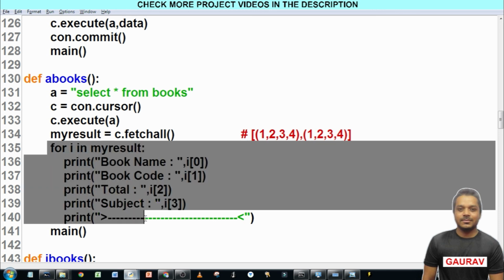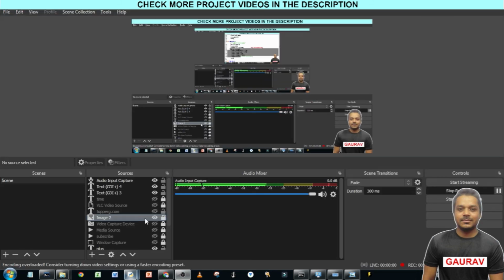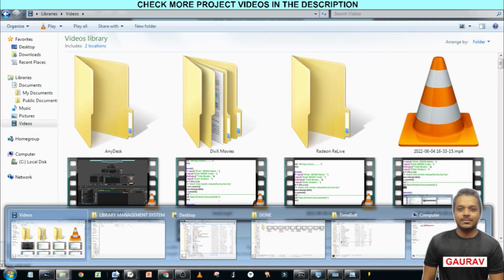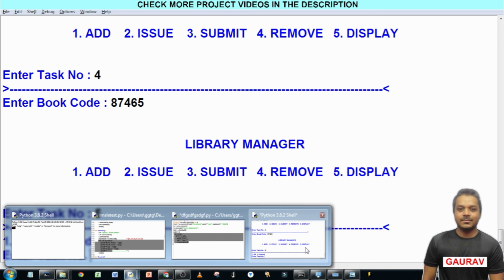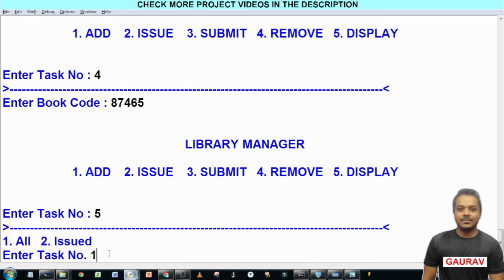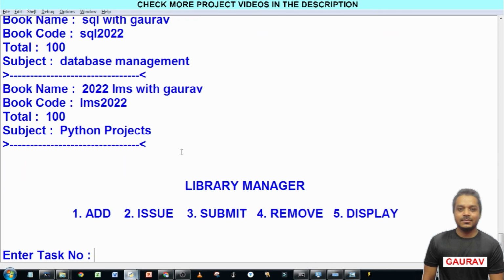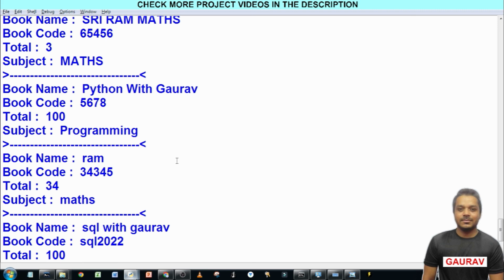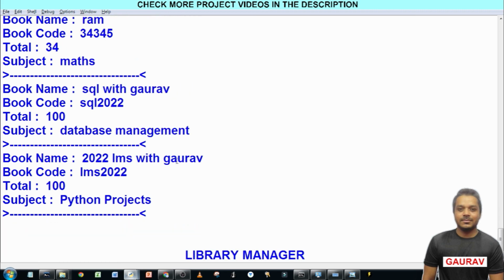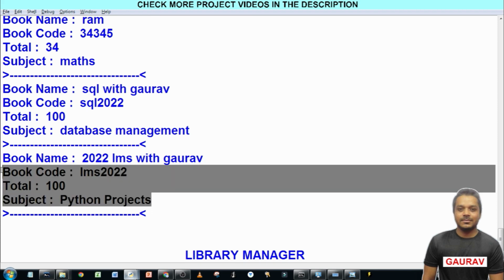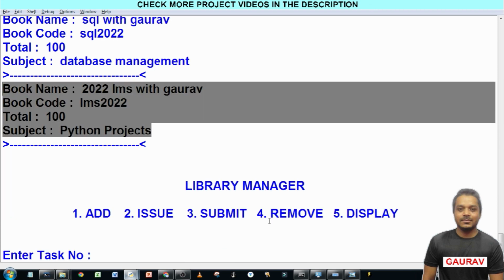Okay, so let's execute it. Let's select task 1. So now you can see all the books that are in my books table in my database are displayed. Okay,